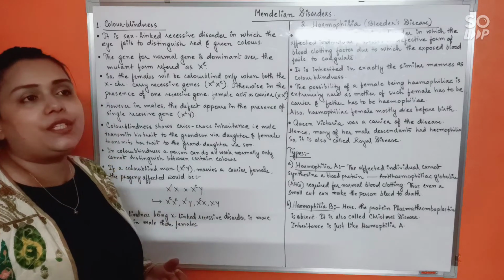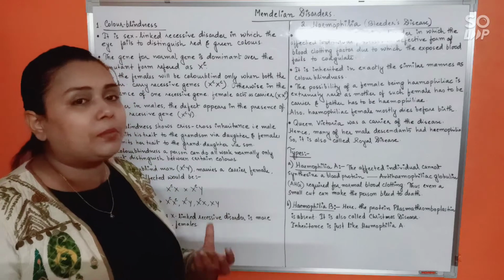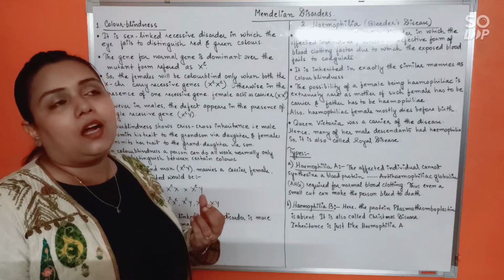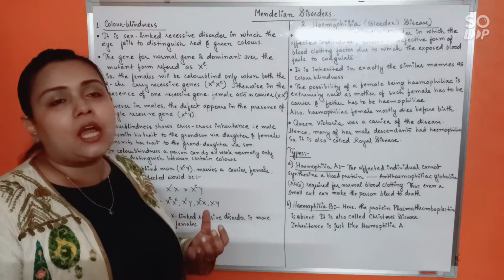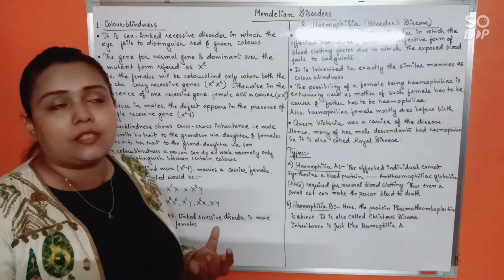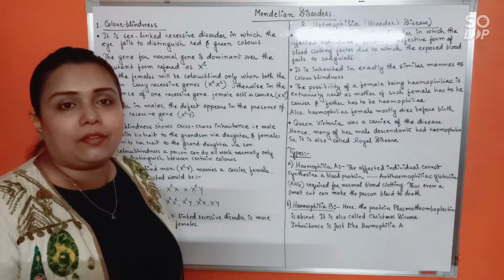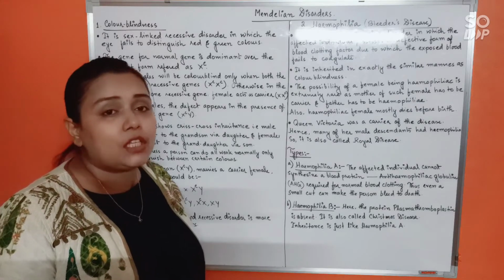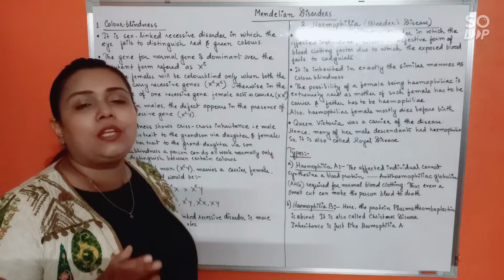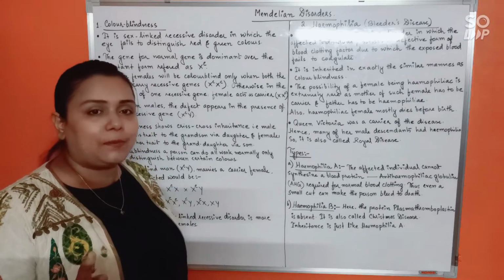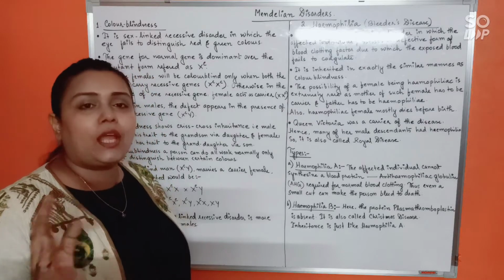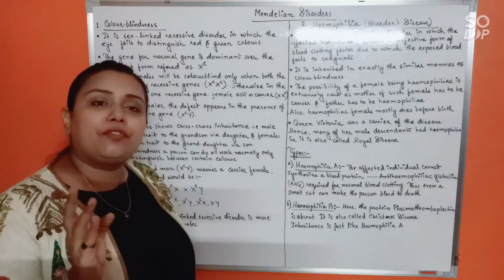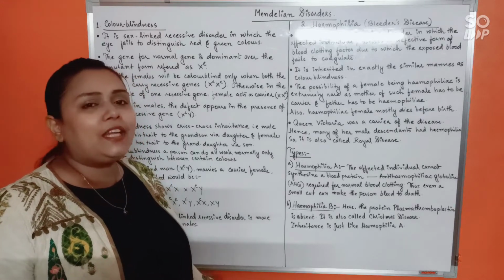See, genetic disorders, they are congenital defects, means they are present from birth. And whenever we say genetic disorder, we usually think about something which is very serious, something that is life-threatening, something that would reduce the chances of survival, isn't it? But color blindness is one such genetic disorder in which the affected individual will not have any problem to live a normal life. The person will have a normal lifespan, just like a healthy person. The only problem the person will face is to differentiate between red and green color, and that usually can be managed, isn't it?